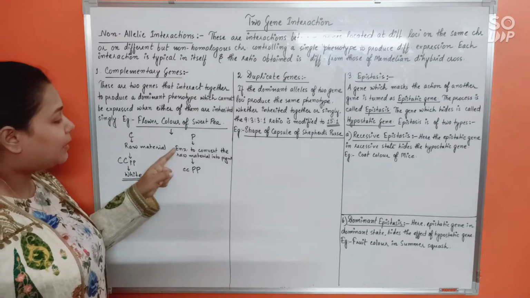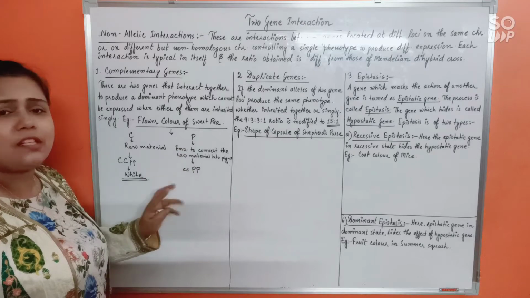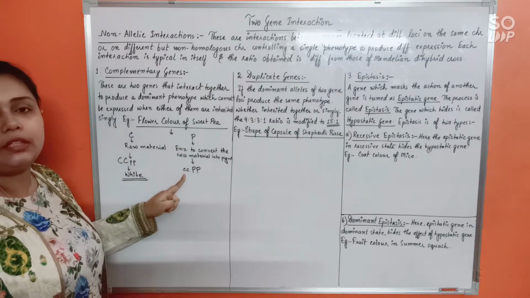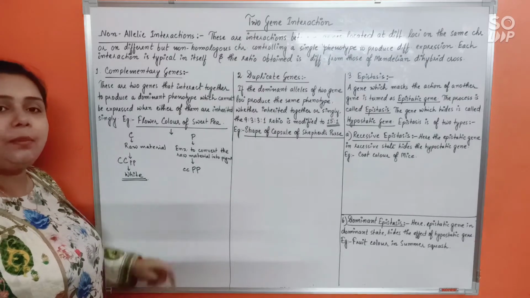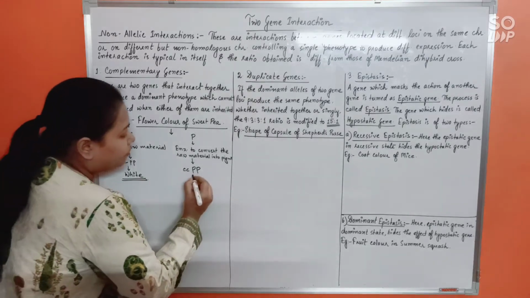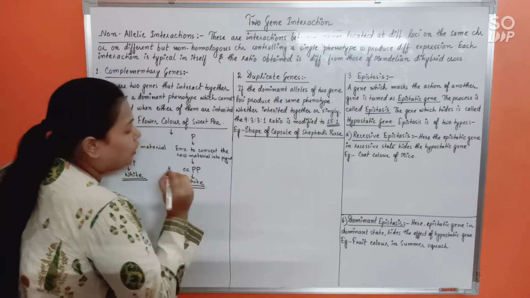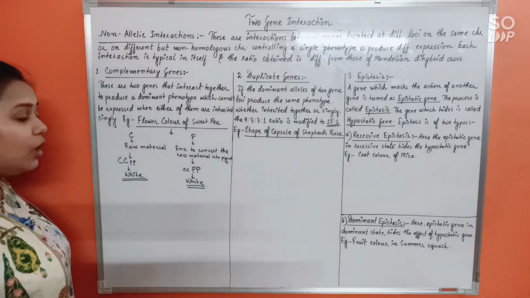See, now what is happening? The enzyme to convert the raw material is present. Fine. But the raw material producing gene itself is not inherited. In that case, will the color be produced? No. So again, the flower color would remain white. Right? Only when